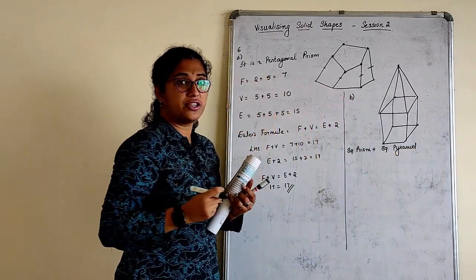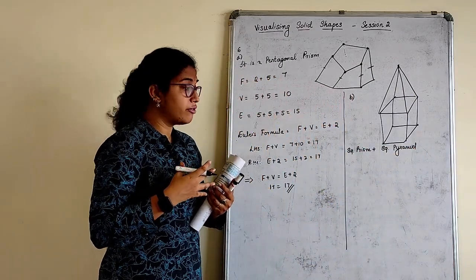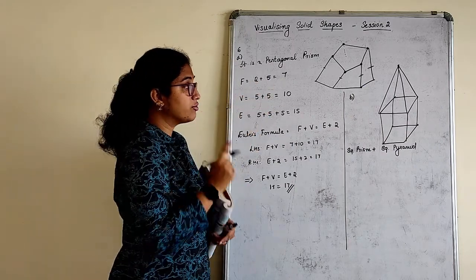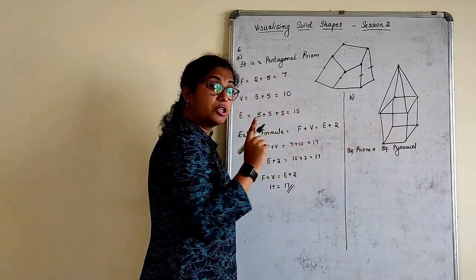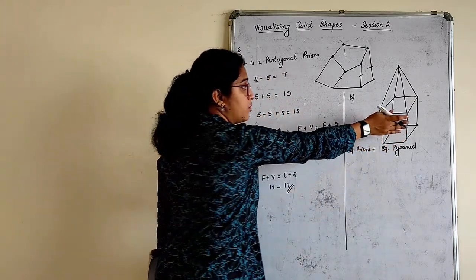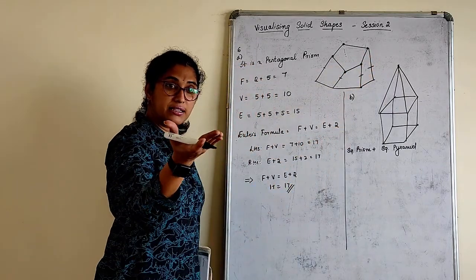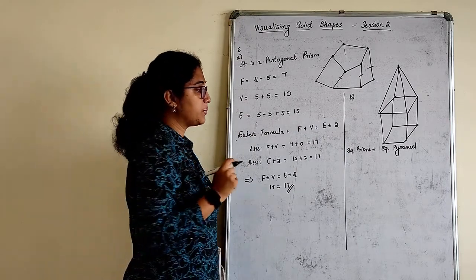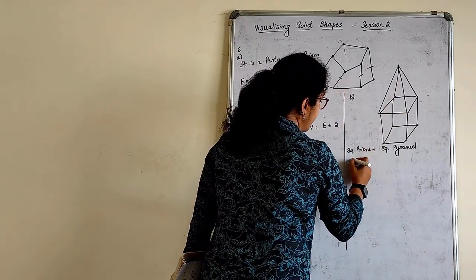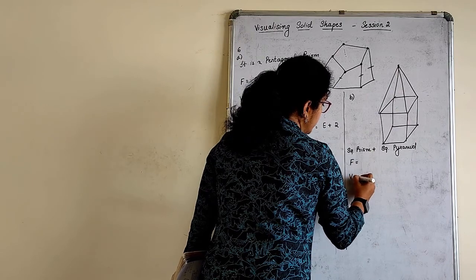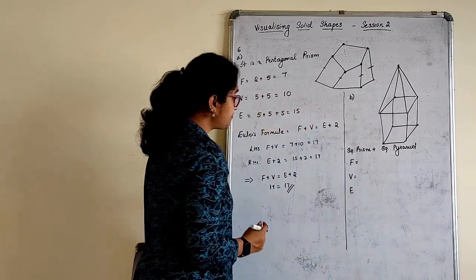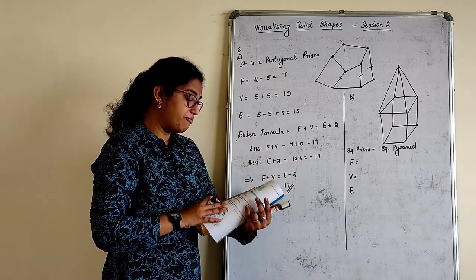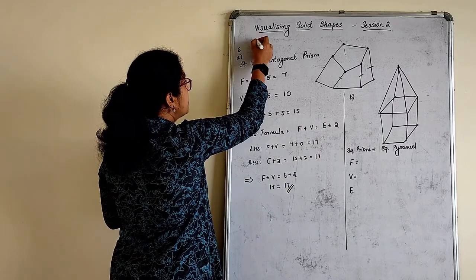Okay, there are two solid figures. That means I am verifying Euler's formula for a prism and a pyramid, adding them together and verifying Euler's formula here. Try to identify. Because a pyramid will not be like this. If this is a pyramid, only the top portion is the pyramid. As we had discussed, the base is a square. The remaining are the four faces which are triangular faces. Put together totally, let us identify the faces, vertices and the edges. Euler's formula in your book is also given in another way, like F plus V minus, it is also mentioned like this.